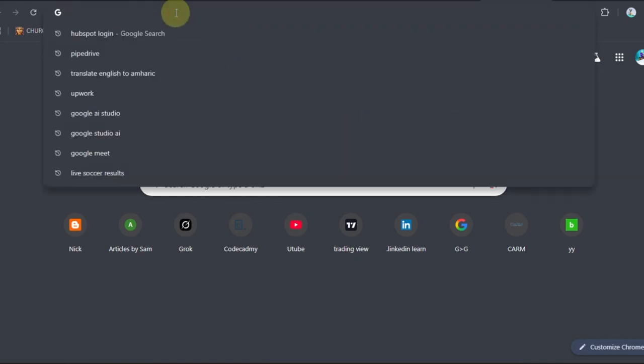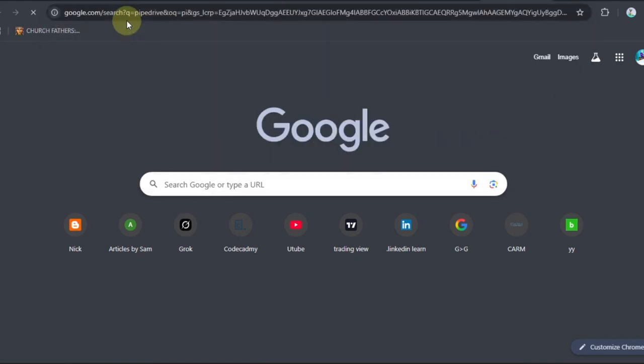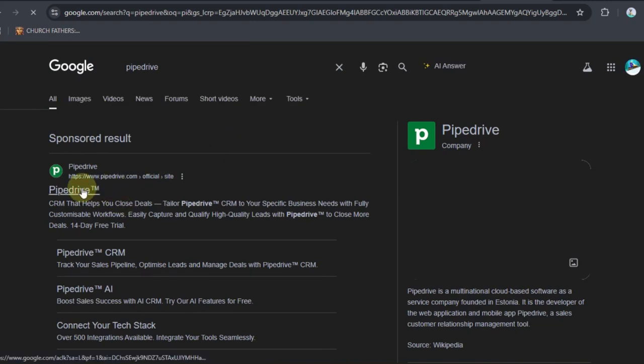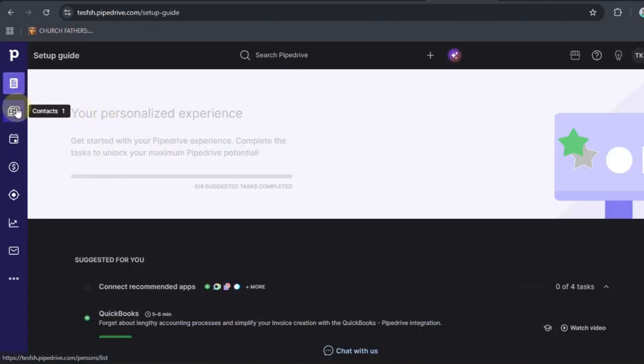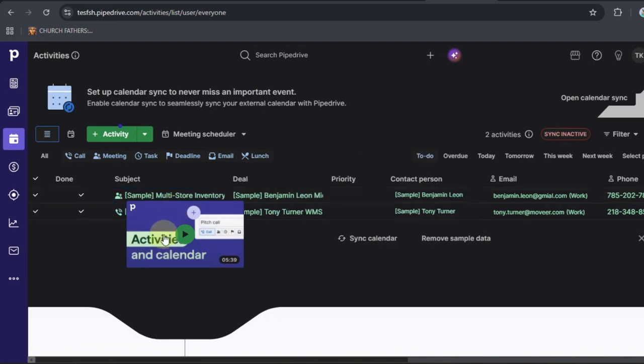Start by opening Pipedrive and heading to the left-hand sidebar. Click on Activities. This is where you manage all your tasks, calls, and meetings in one place. Once you're in the Activities section, look for the plus icon at the top and click it to create a